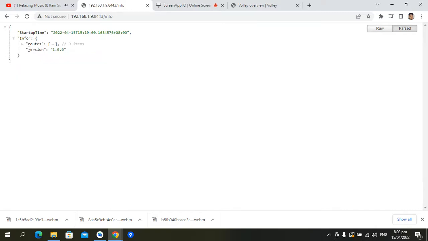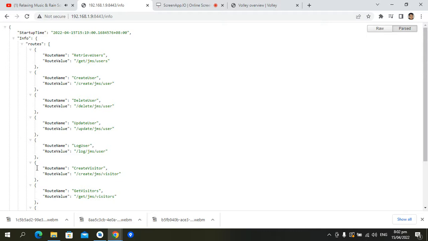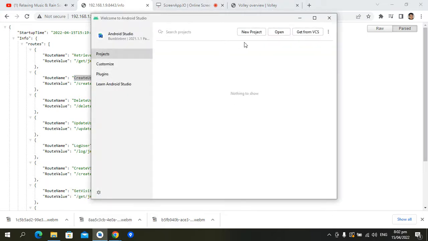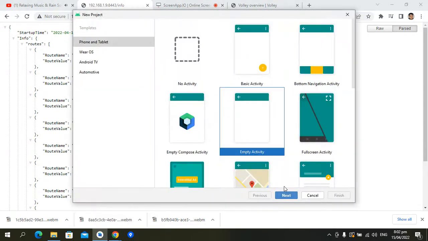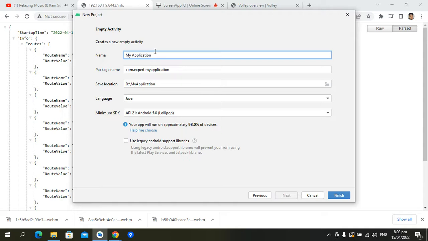So we're going to get this list of routes, and then these records, we're going to use them in future videos to send requests, for example, to retrieve users, to create user, to delete user. Okay. So without further ado, let's start creating a new project with empty activity, and then we're going to name